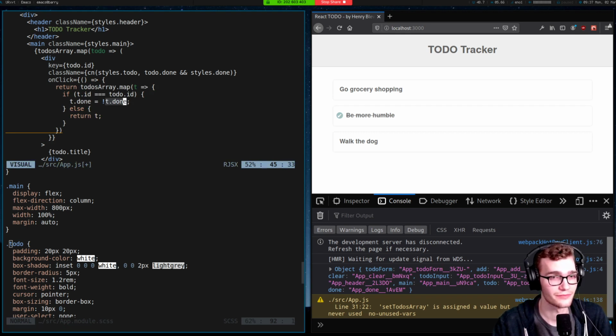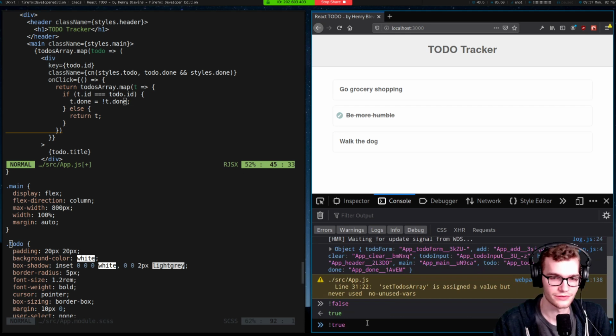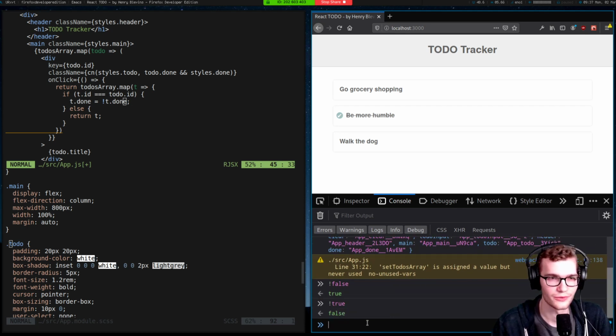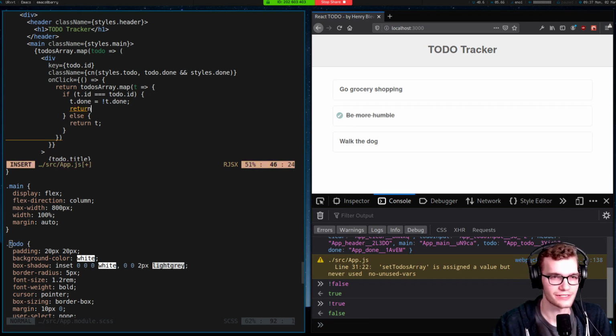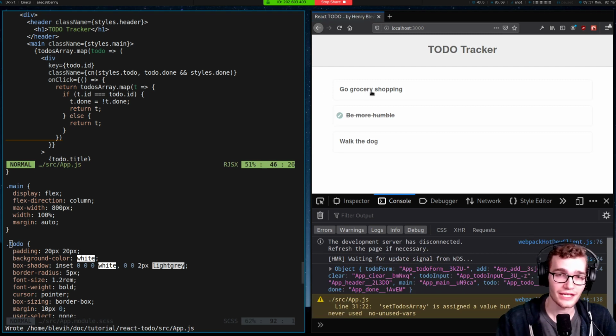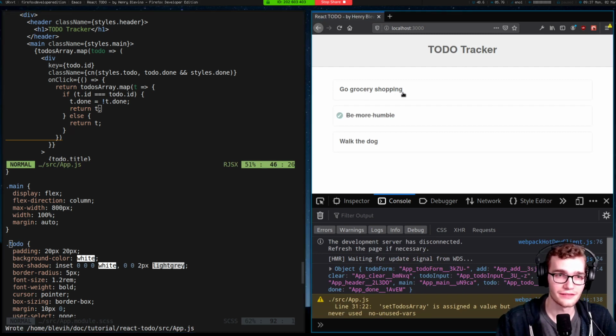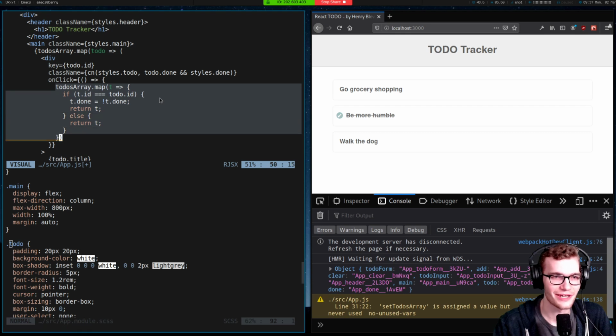If this is false, it'll make it true. Right? We can prove this to ourselves very quickly. Not false is true, not true is false. Pretty cool. You could also do this with another if statement, but this is getting long enough as it is. And then I want to return t, which I do in either case, so I don't even need it inside of my if statement. And we can see that this does nothing because I'm returning the value of this map